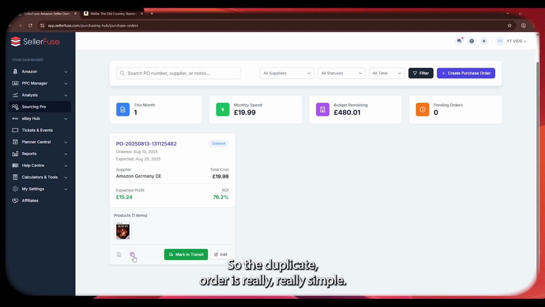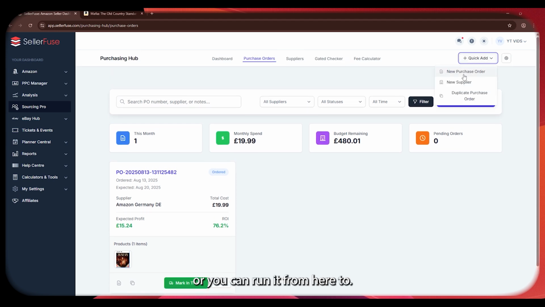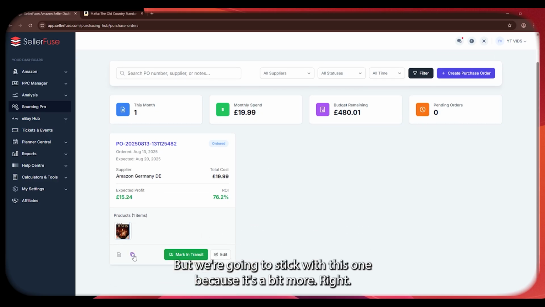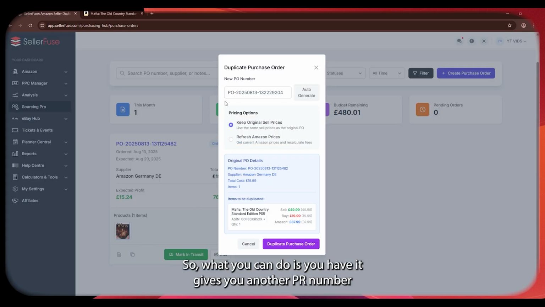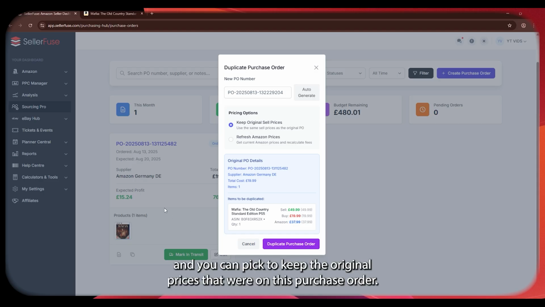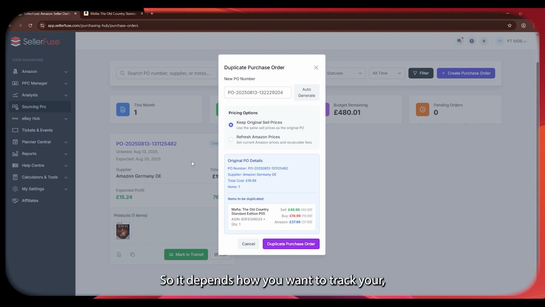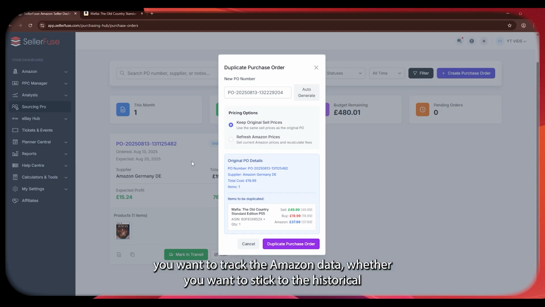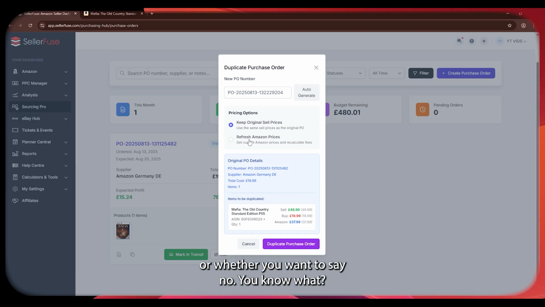To duplicate an order is really simple. You literally have a duplicate button here, or you can run it from here too, but we're going to stick with this one because it's on the page. Duplicate a PO, it gives you another PO number, and you can pick to keep the original prices that were on this purchase order. It depends how you want to track the Amazon data, whether you want to stick to the historical or whether you want to say, no, give me the data now. There's no point in pressing that now because we only pressed it 2 minutes ago, the price hasn't changed. But it is a handy tool for helping you see how the profitability of an item has changed